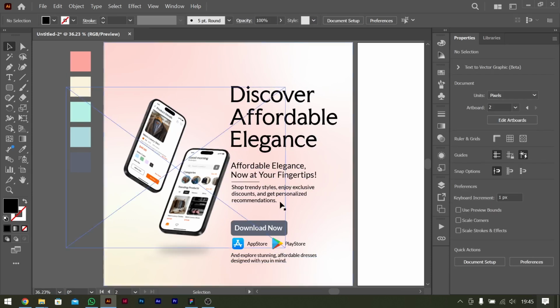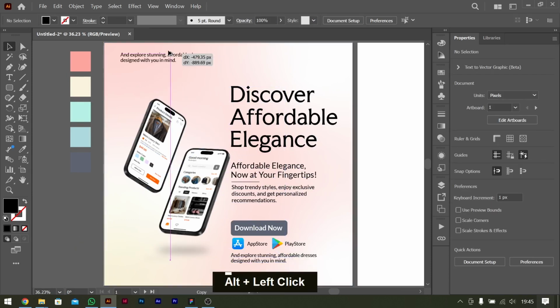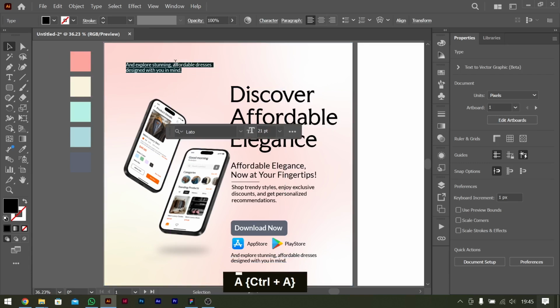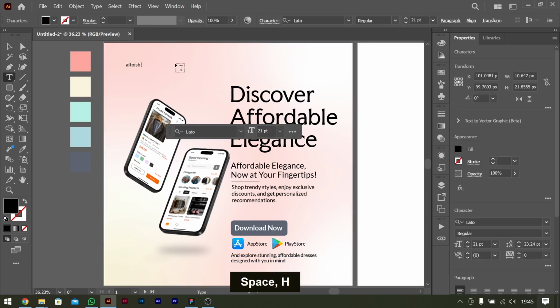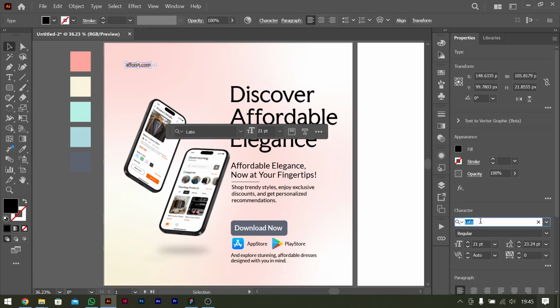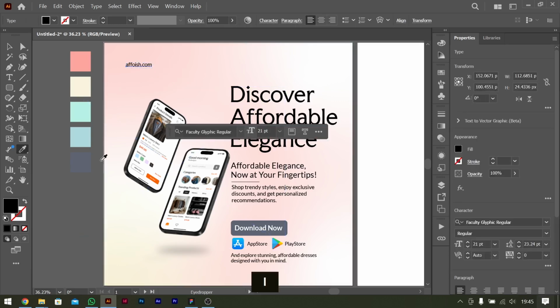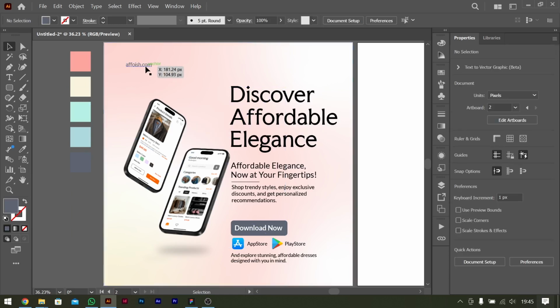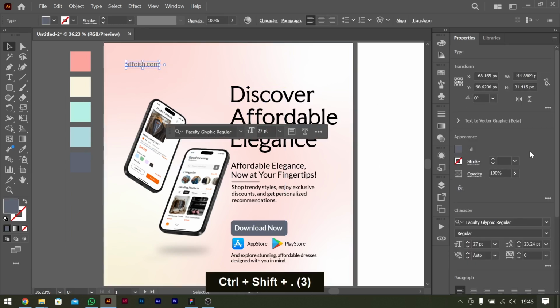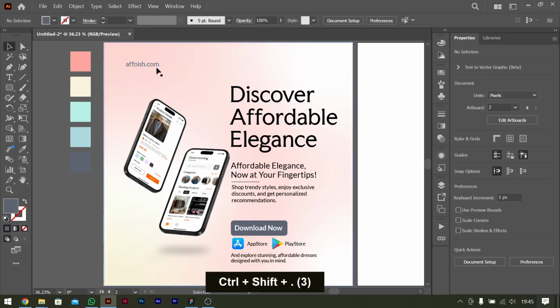So have our content or our logo right over here called afoish.com, and it should be in faculty. And so let's choose a color suitable for it. Make it bigger, and yeah. Afoish.com,